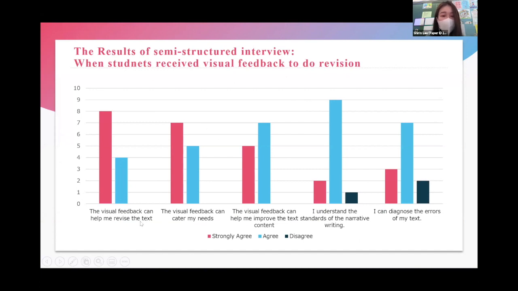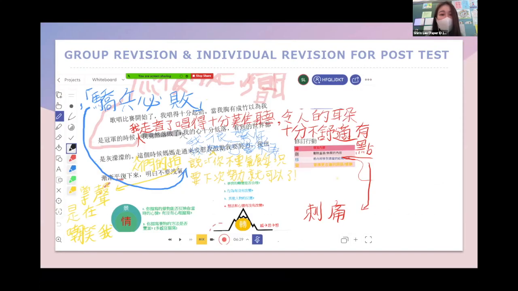So most of them agree that the visual feedback can help them to revise the test. But some students disagree with the standards of narrative writing, and some of them think they cannot diagnose the errors of the tests. So after the post-test, I let them do the group revisions and individual revision